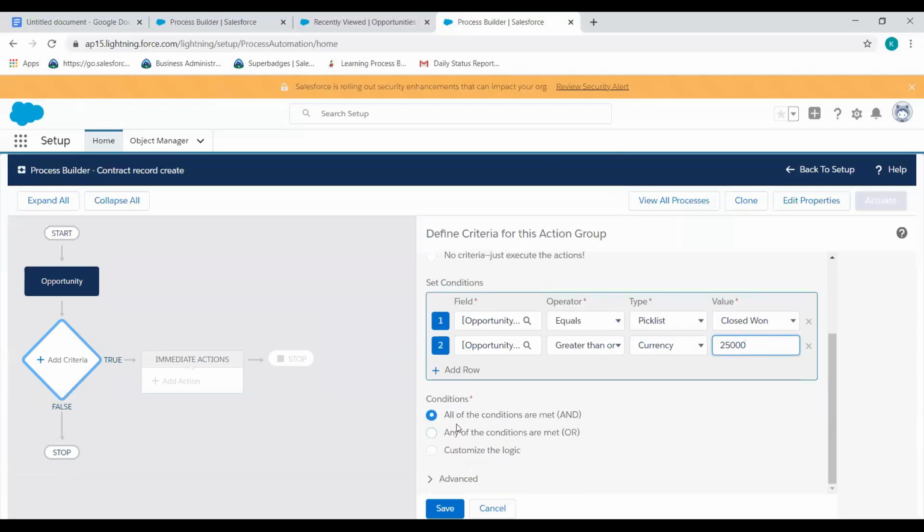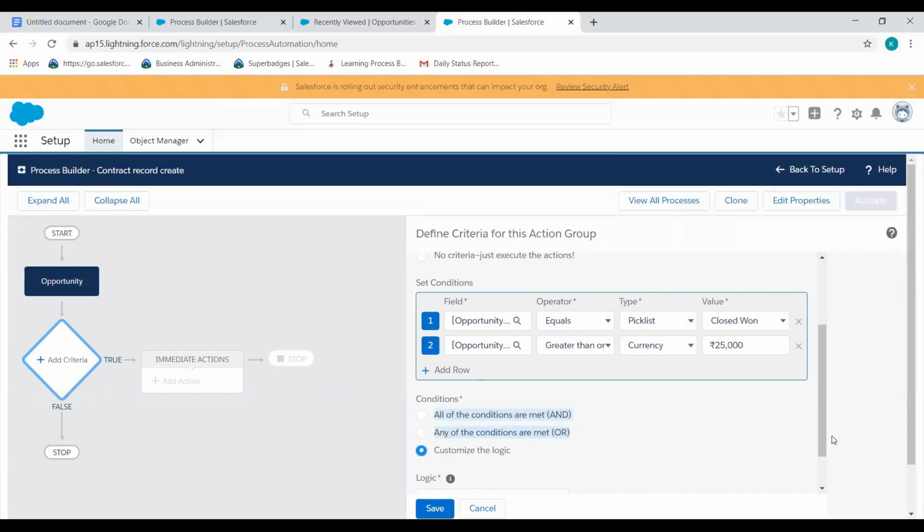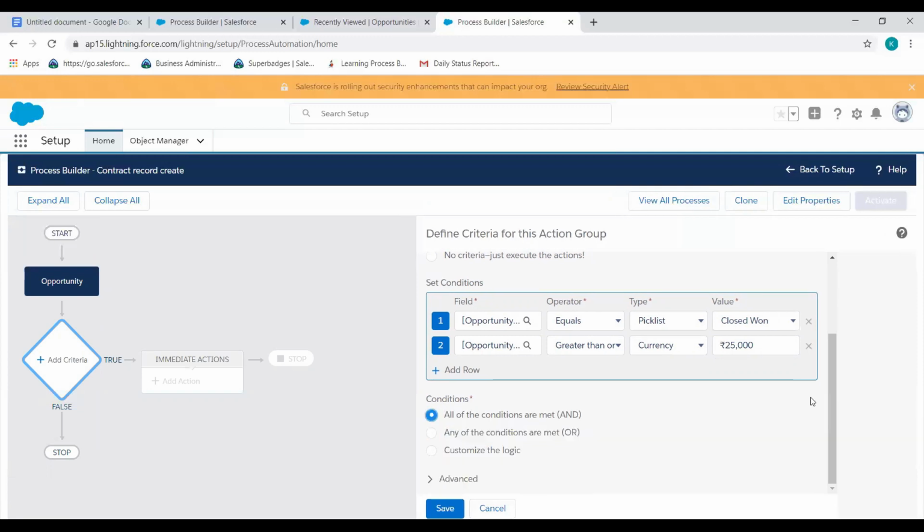So there are the conditions, you can select any of these: all of the conditions are met, or any of the conditions are met. If you want all the conditions met, or some of the conditions met, you can choose, and you can customize your logic also. In our requirement we will choose all the conditions are met.